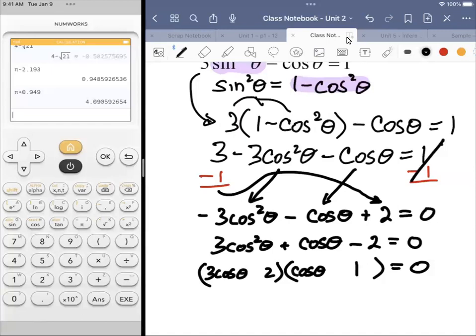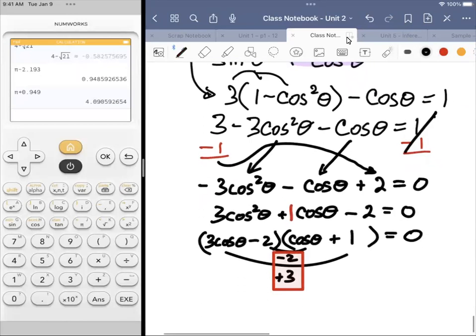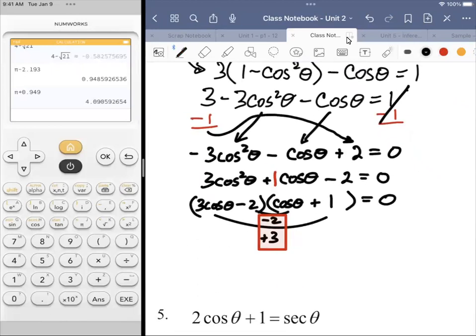All right. The product of the 3 and the outer terms and the product of the inners gives a 2. If the 3 is positive and the 2 is negative, that'll get us our middle coefficient of 1, the understood 1. That's what we get if we add these two together. So I want this number to be positive and this number to be negative. All right, so I could take my two factors, 3 cosine theta minus 2,